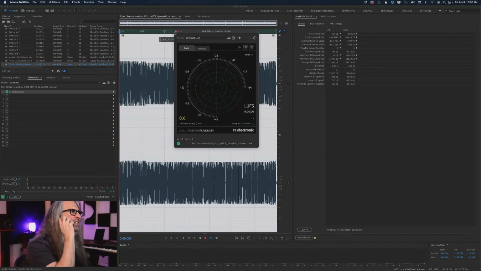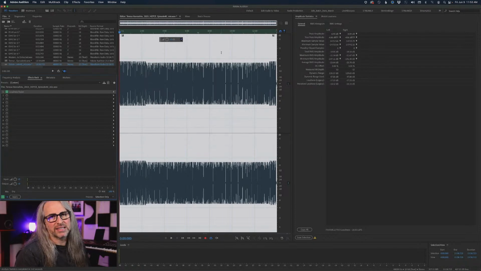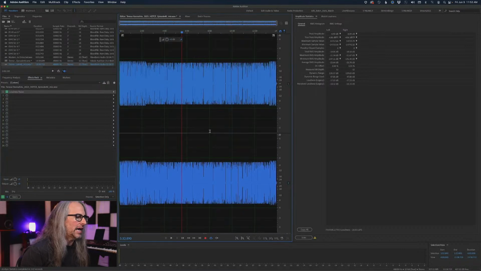And I saw somebody was asking, what's the difference between LUFS and dB? So again, it's 2 different things here. Decibel units relative to full scale, versus loudness units. Just a different scale, a different measurement. And in the case of ITU LUFS, we're talking perceived overall loudness.